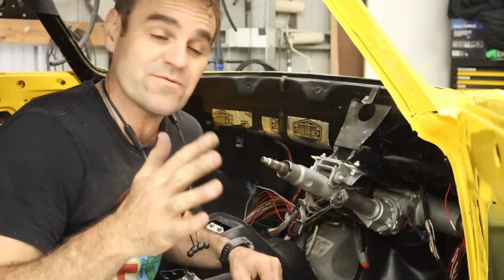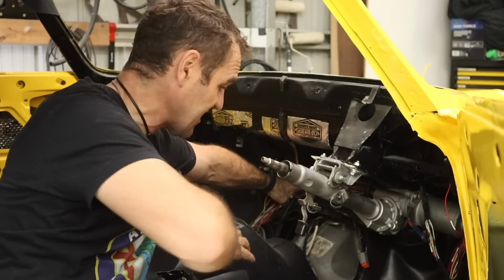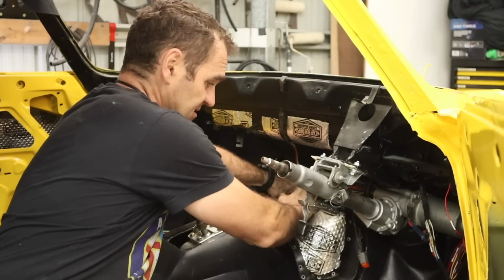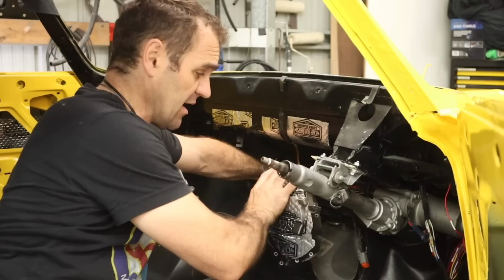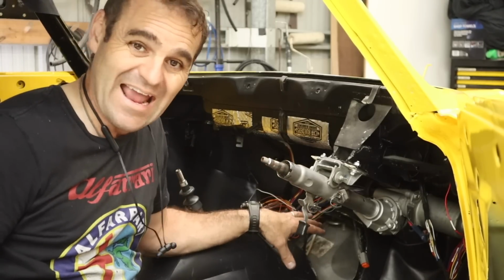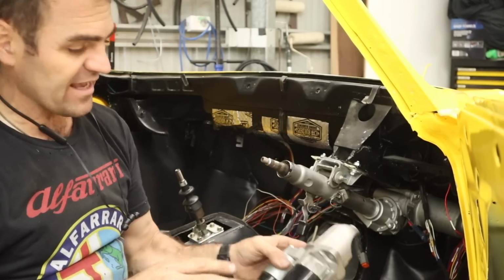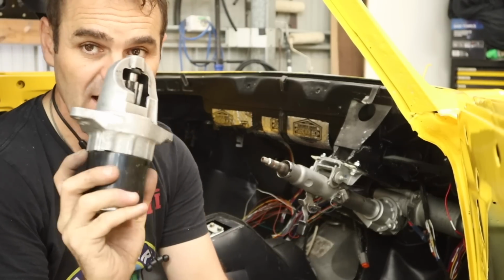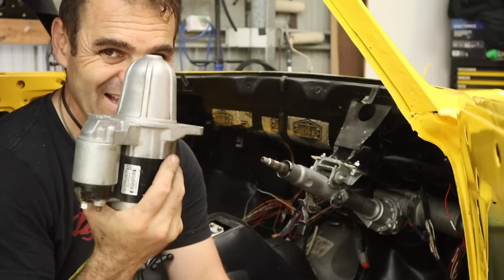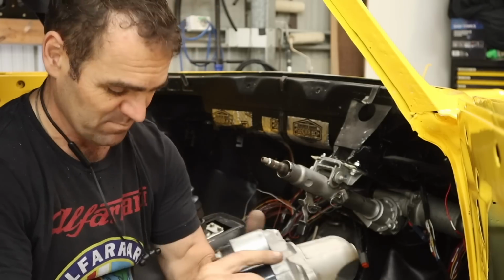All right, those of you who've followed the build know that I actually have a window in the tunnel inside the car, because there is no way to get access from underneath, and it's got this sort of panel here to cover up the area. This is so I can do the upper bolts up and fit the starter motor. Now, this car is designed to take the standard Subaru BRZ starter motor. I'm not sure if this is going to have enough guts to actually start the Ferrari engine,